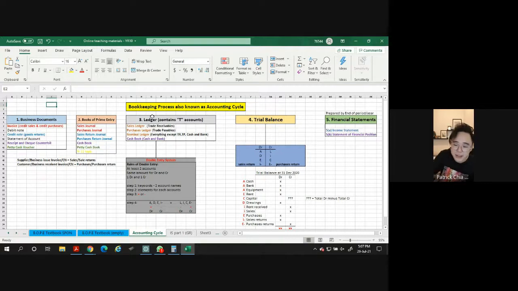After that, the trial balance is not really bookkeeping, nor is it accounting yet. It's just a list for us to check whether everything is okay or not. The numbers, are they all balanced? The equation itself, the left and right, is it the same? If it's the same, then no problem. Then only can we do the report. So that's technically what the trial balance is, if you're not too sure what it is.